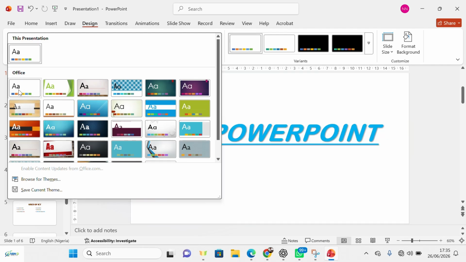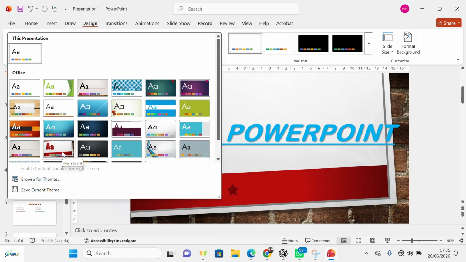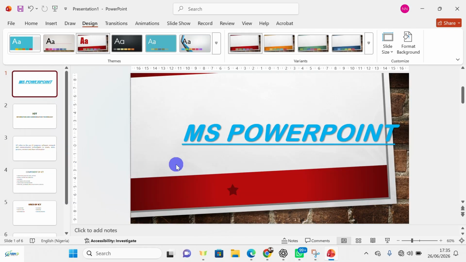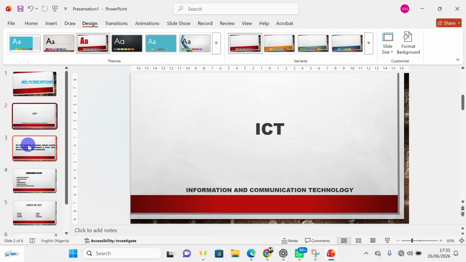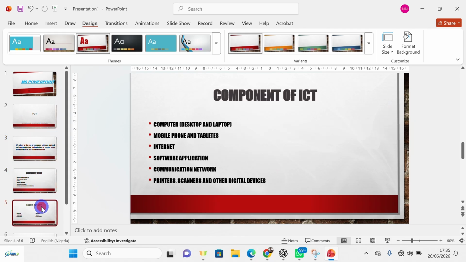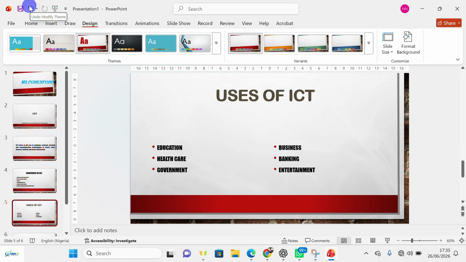Now let me explain this. When you apply your themes to your work, you must be extremely careful. When I click on any theme here, it will apply the theme to my entire work. So I'm going to undo. Undo simply means you're reversing your action. You don't want it to be applied to the entire work. So I will undo. Either I use Ctrl Z on the keyboard,